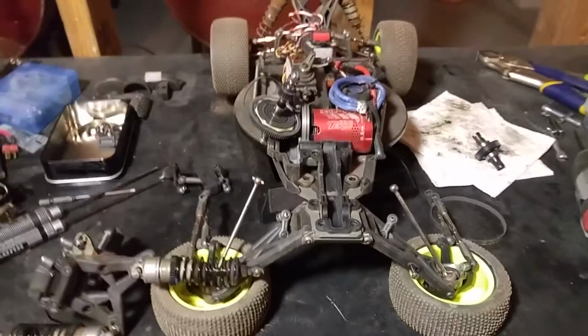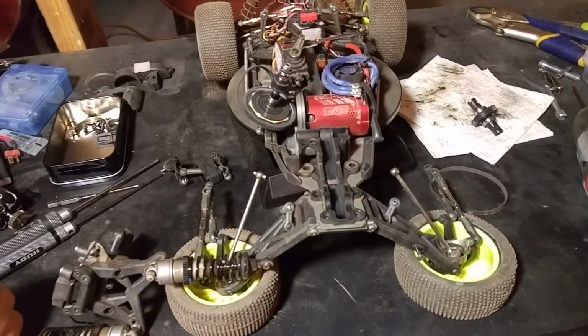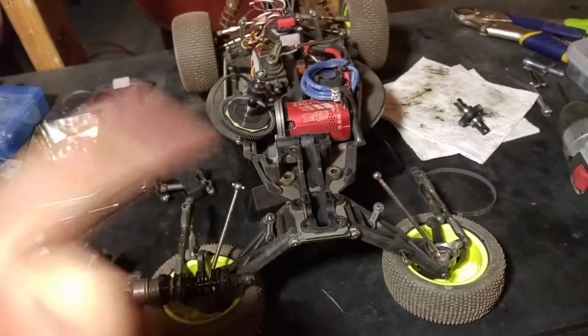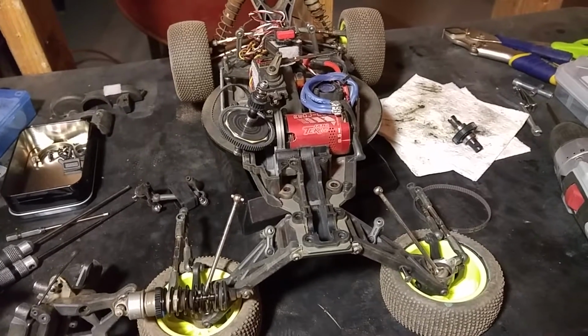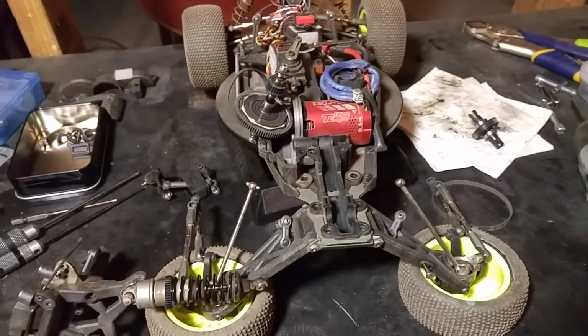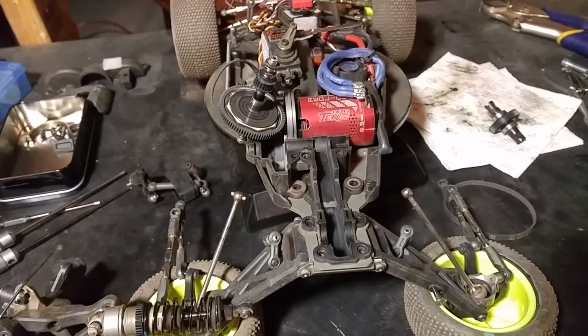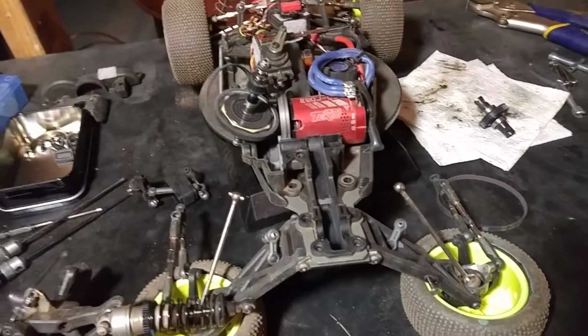Okay, so here is an update on my Team Losi 22.4 four-wheel drive buggy. I took this and my Kyosho Laser to a race this weekend, and usually when I bring one I bring the other as a backup. And what I found was, on this particular occasion, the front belt was skipping, which is not